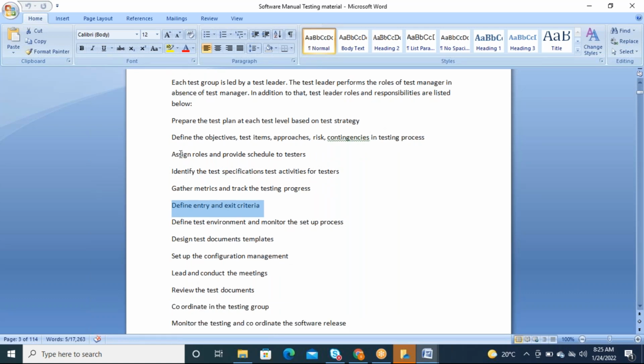So he would be assigning the roles, he would be providing the schedule to testers. Schedule in the sense, this could be the start date, this could be the end date. Everything he would be giving to us, letting us know, and he is the person to conduct the meetings. Okay, set up the configuration management in the sense, for all of us,